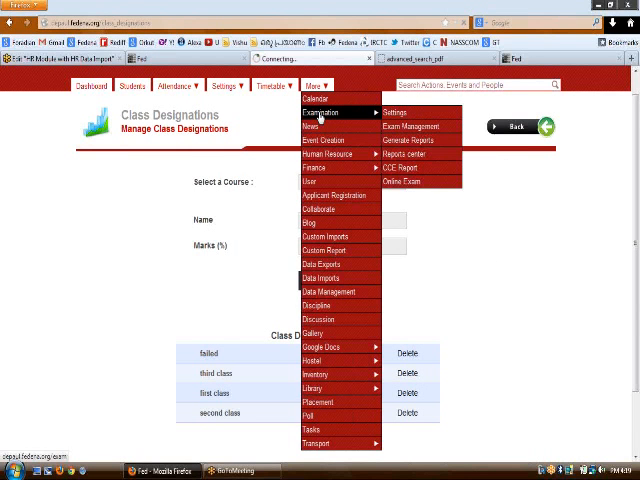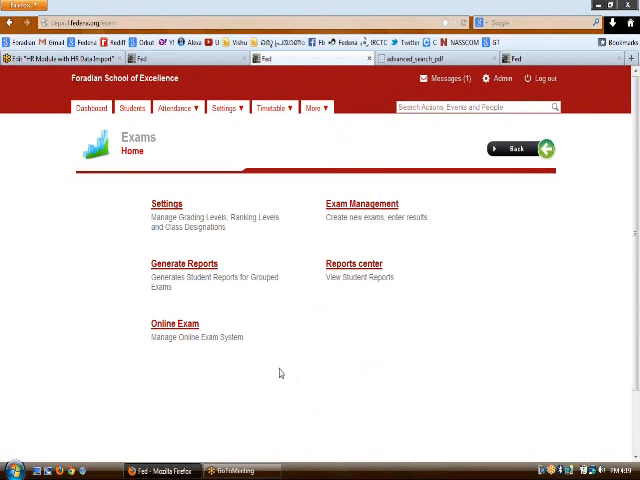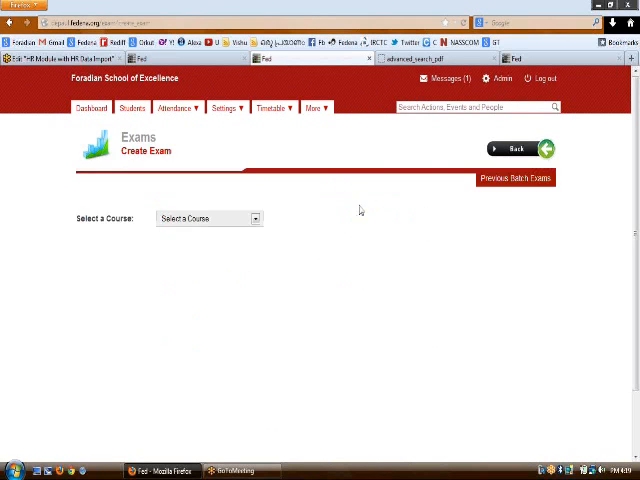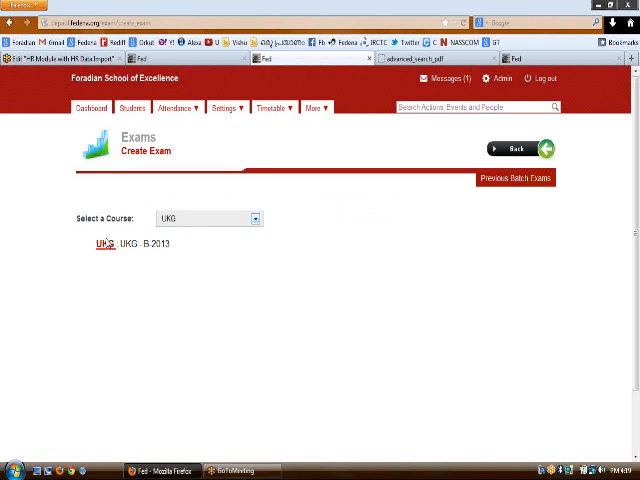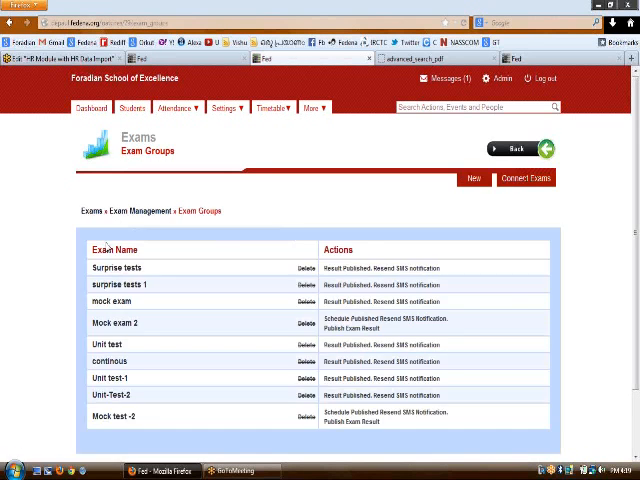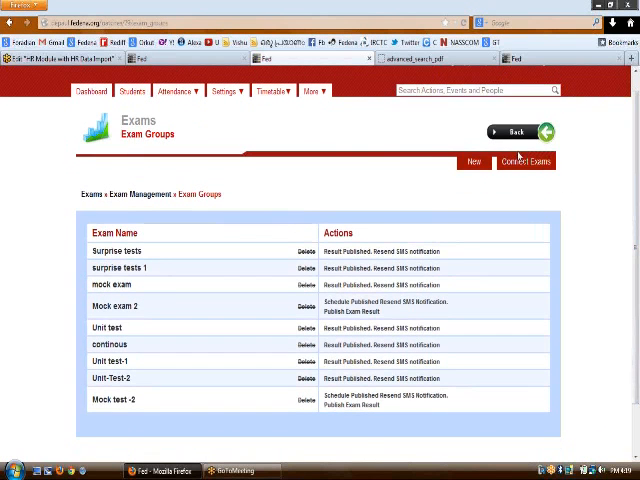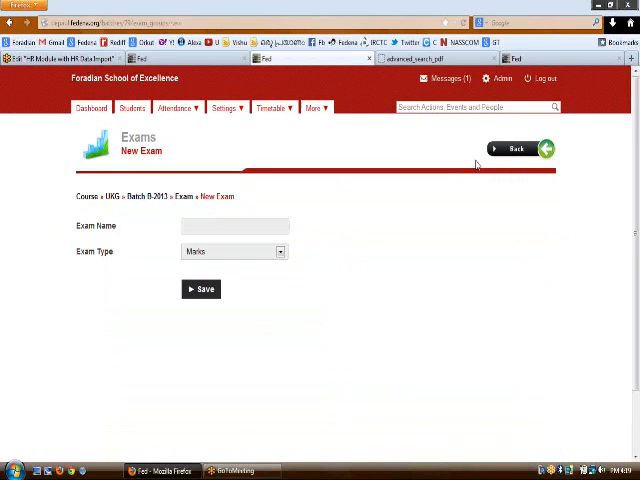Now after the settings have been done, we can quickly move on to creating different exams here. So to start the exam management, you just need to click on a particular batch for which the examination has to be conducted, and selecting the course and batch would land you on a page where you would be able to see different exam groups. Now if you want to create more exams for the same,